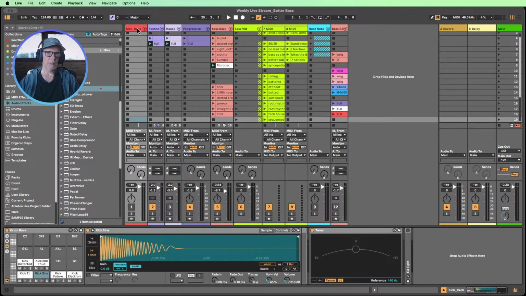First of all, picking the right sort of kicks that set the tone for also working with your bass. Remember, there's a conversation there. So if you're picking big subby kicks, you might want to have a very short kind of bass, or it might not be as low as the kick. It might be sitting up a bit higher. If you've got a punchier, shorter kick, then perhaps you've got room for a nice subby bass, a lower bass, and the kick is the more shorter, punchy part of the conversation.